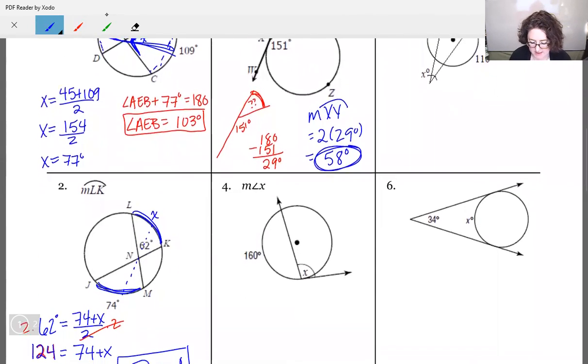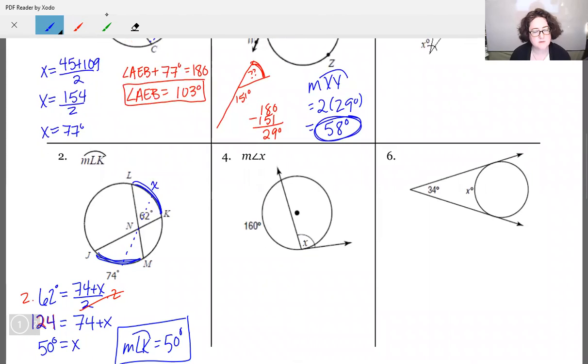Same kind of problem, but again, they didn't quite give me the correct information. I've got to figure out angle X, but they gave me the arc on the other side. So let's approach this one a little differently. So let's see here. We have 160 degrees in this section, and we only have one other section for the